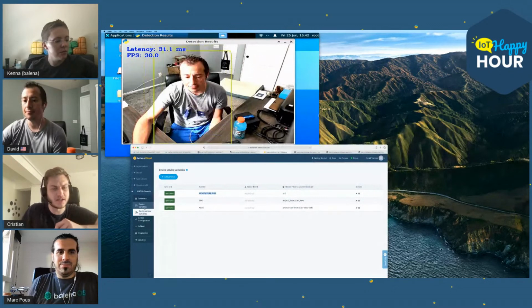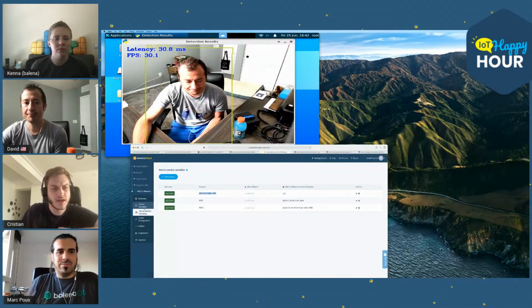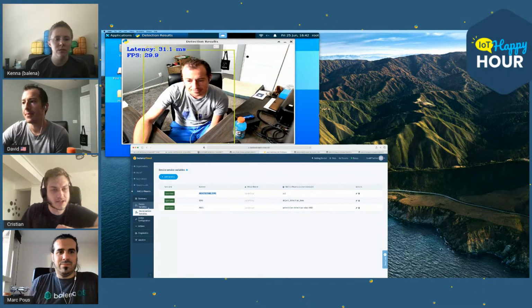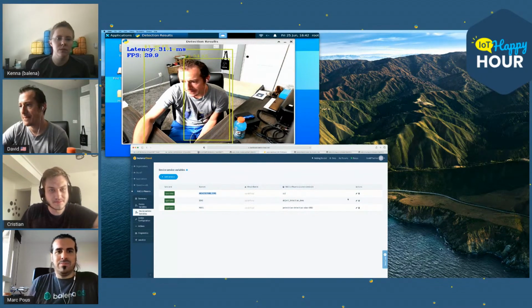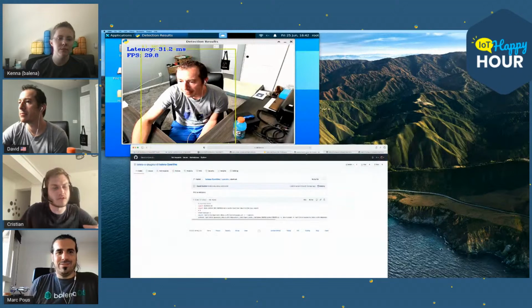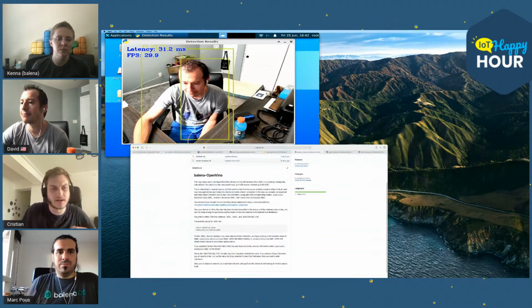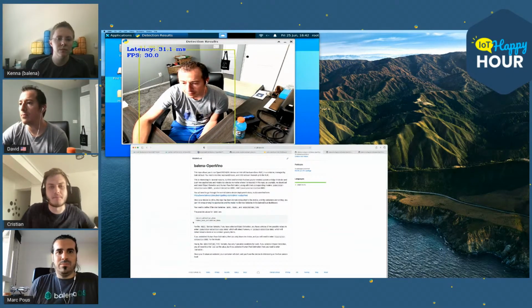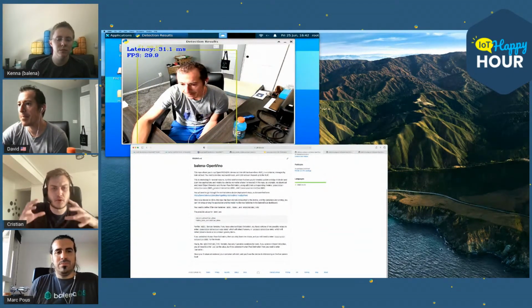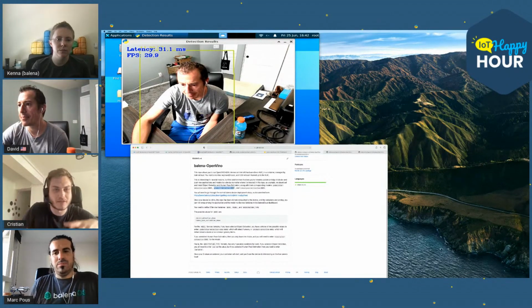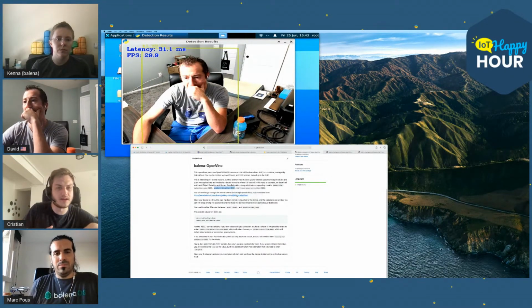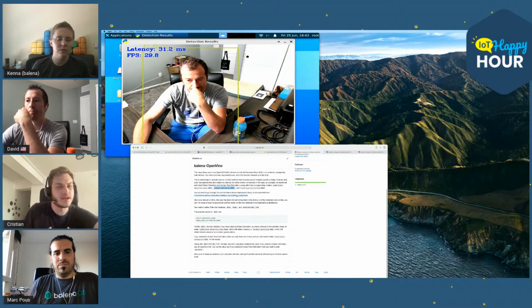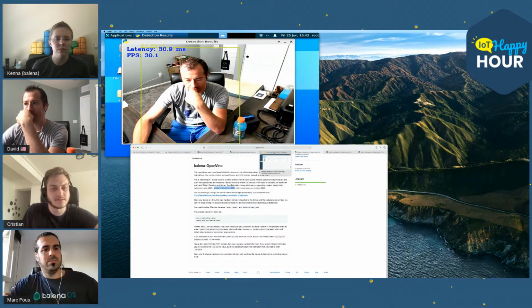I know YOLO because I used it myself a couple of years ago, and YOLO is a really interesting architecture. It stands for You Only Look Once. The idea is that these are all object detection networks, and they're all made in different ways. YOLO basically puts bounding boxes, just like the yellow one you have around you, at random points in the view, and then starts taking them out based on the accuracy.